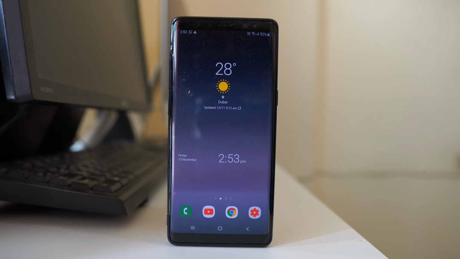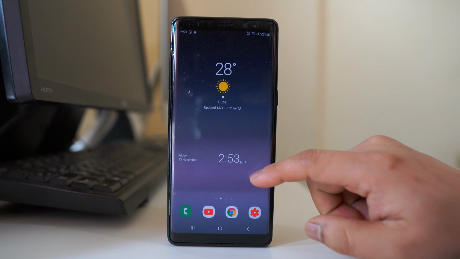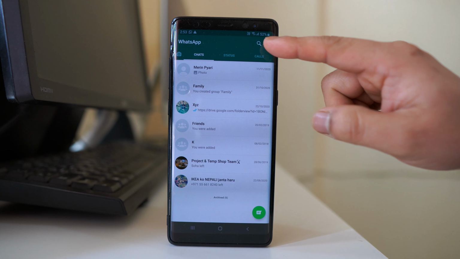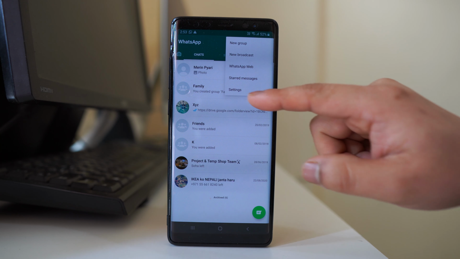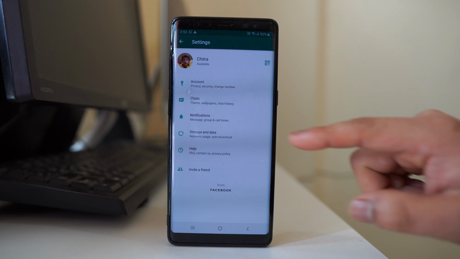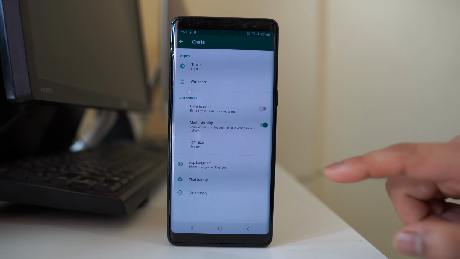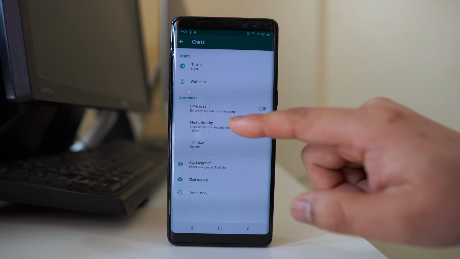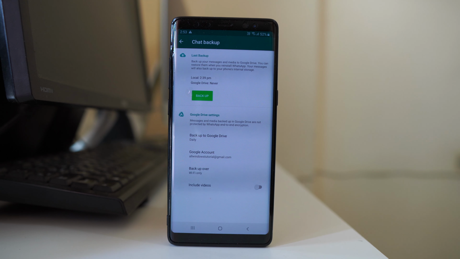In this video today, we will see how to back up the WhatsApp chat and then restore it later on. So if you want to back up the WhatsApp chat, then go to the WhatsApp application, tap on the three dotted icons, go to settings, go to chats. So go to chat backup, and then from here you have the option to back up the chat to the